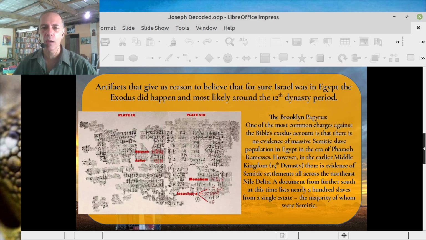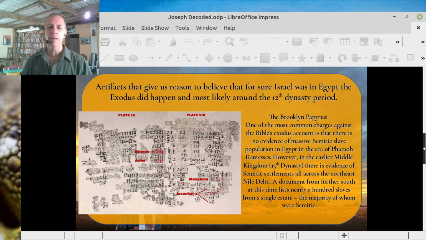Another piece, what's called the Brooklyn Papyrus. One of the most common charges against the Bible's Exodus account is that there is no evidence of a massive Semitic slave population in Egypt in the era of Pharaoh Ramses. However, in the earlier Middle Kingdom, 13th dynasty, there is evidence of Semitic settlements all across the northeast Nile Delta. A document from further south at this time lists nearly 100 slaves from a single estate, the majority of whom